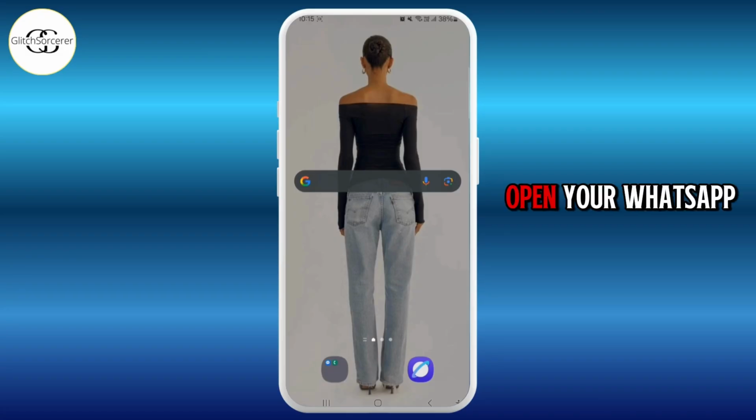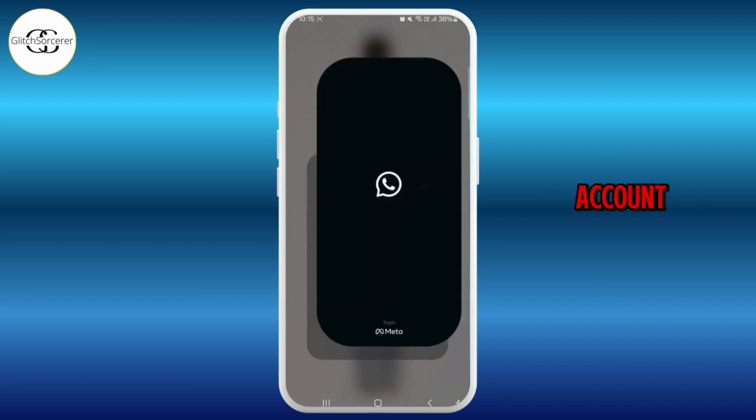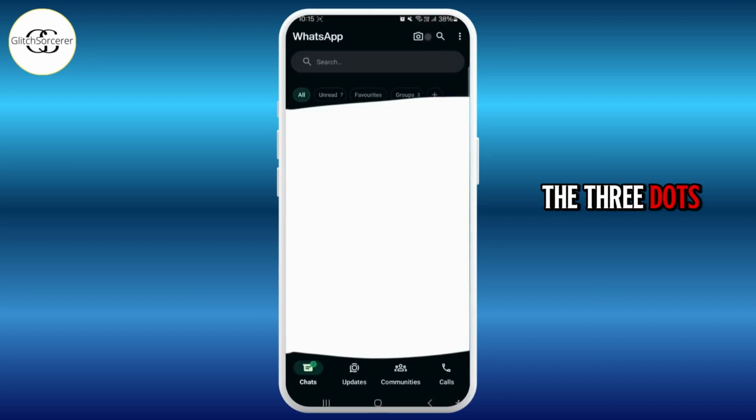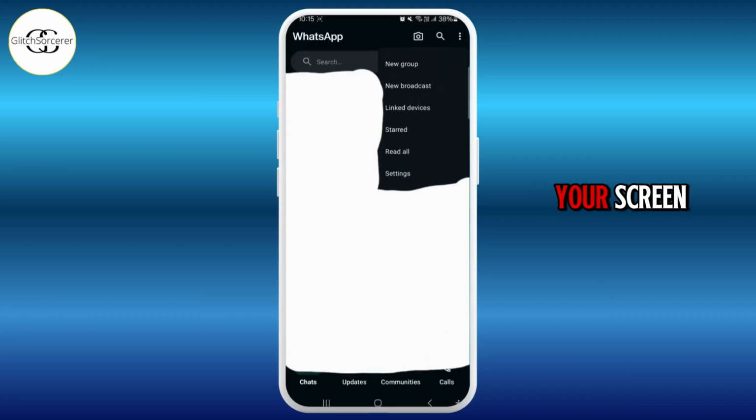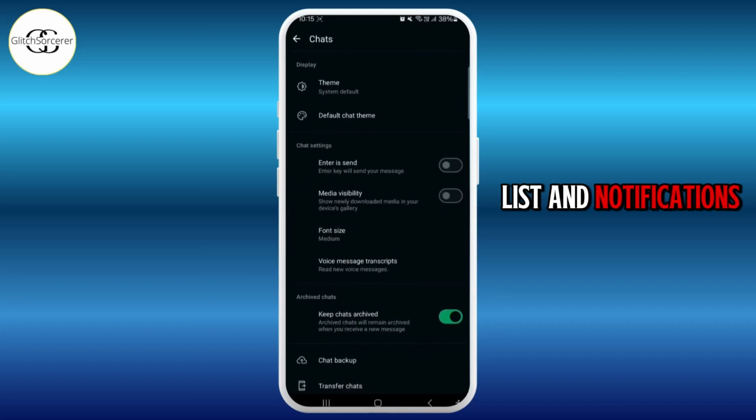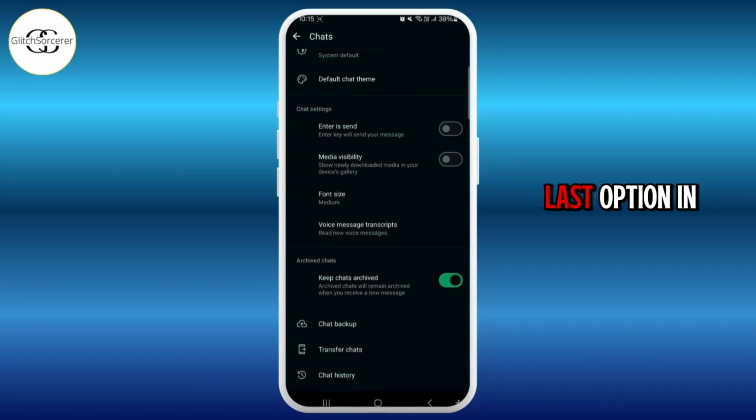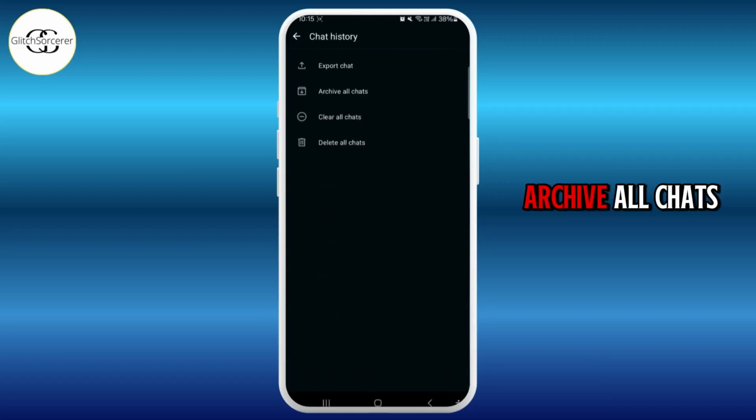So go ahead, open your WhatsApp application on your mobile device, log into your account, and tap on the three dots menu in the top right corner of your screen, then tap on Settings. From this page, tap on Chats, that is between List and Notifications. Then tap on Chat History, the last option on this page. Now tap on Archive All Chats, which you will find between Export Chat and Clear All Chats